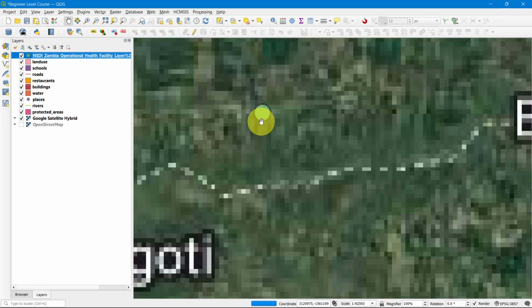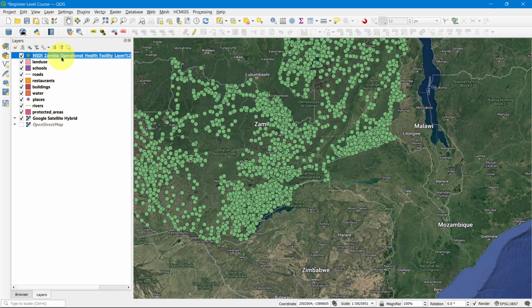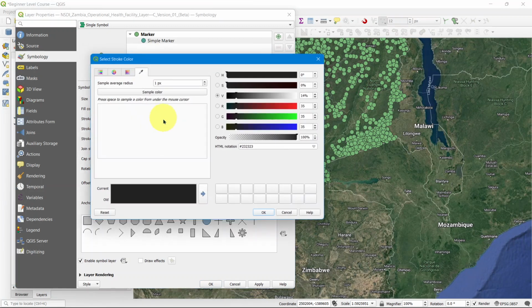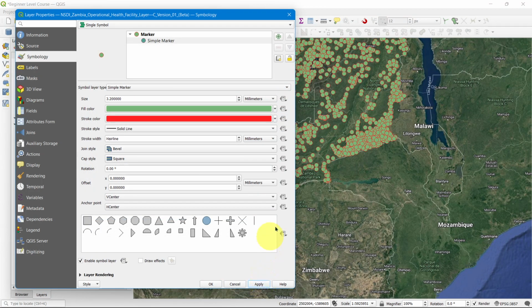Yeah, as you can see, it's not very clear. So let me change the colors. Let me go with red. Yes, so as you can see, the boundary has changed to red. So you can change